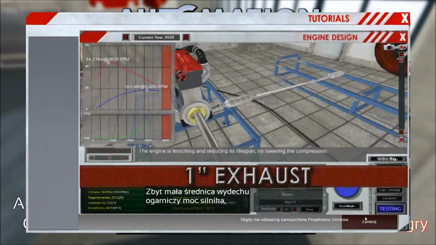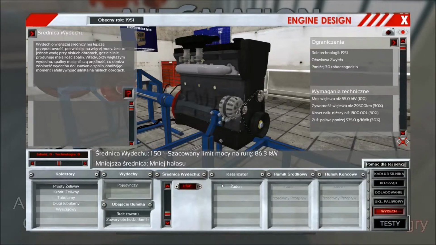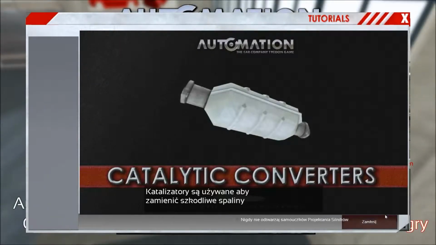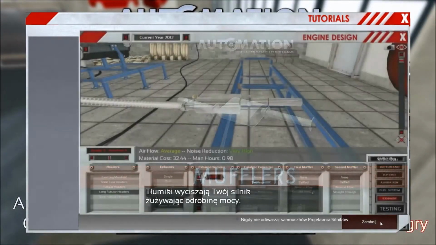A too small of an exhaust diameter will limit engine power, as the engine has to work much harder forcing the exhaust. Mufflers make your engine